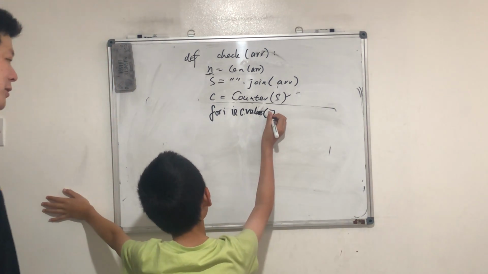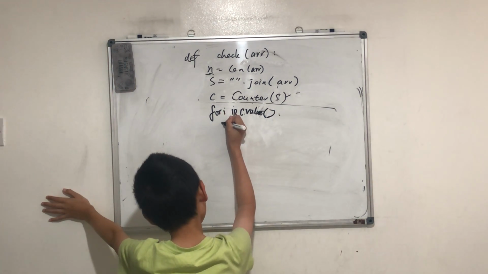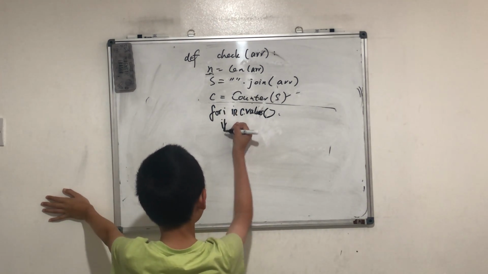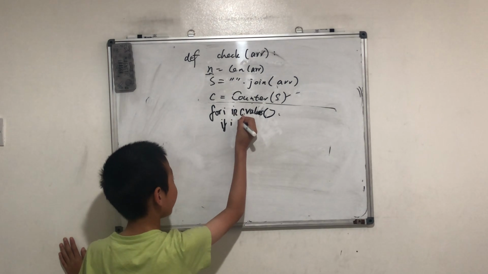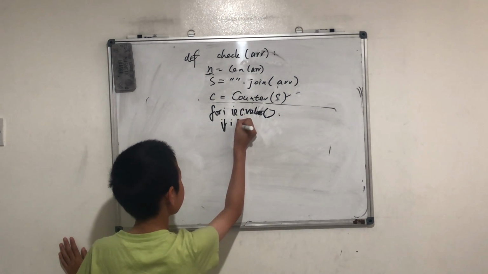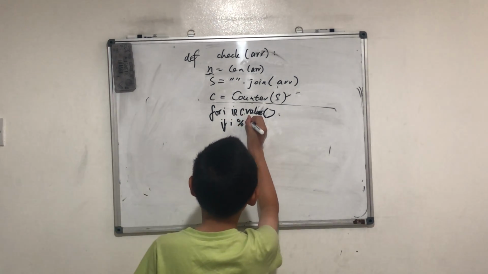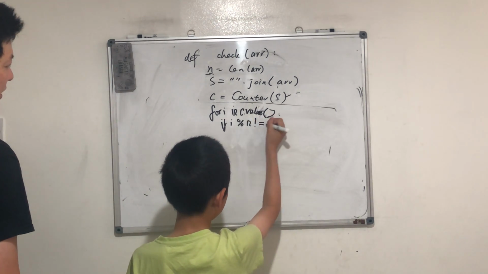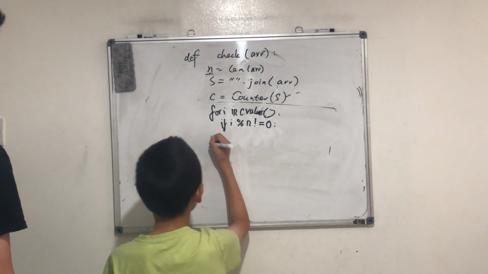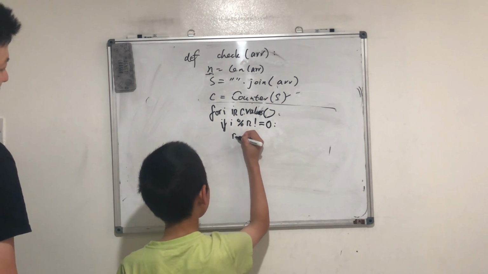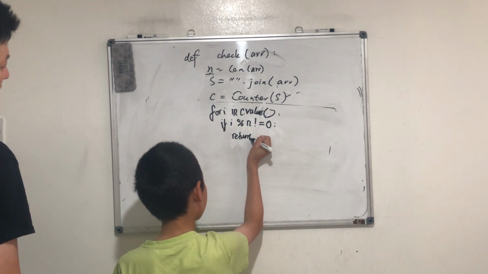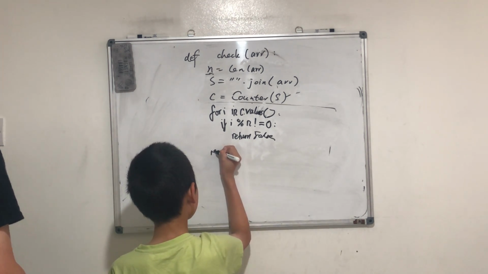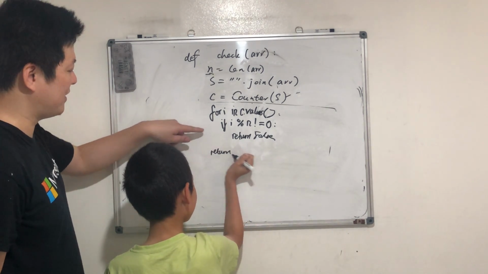Comma. Okay, and then we want to check if I what? If I'm writing if. Yeah, come on, write it perfectly. If I modulus. Yeah. And no, I mean, yeah. And not equal 0. Yeah. Return false, and otherwise at the end, if we found no violation, then we return true,